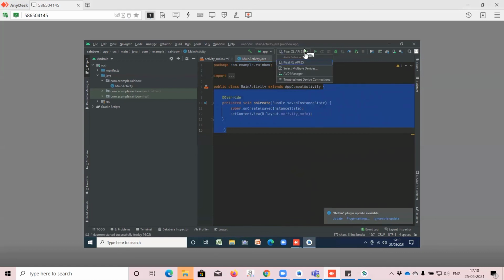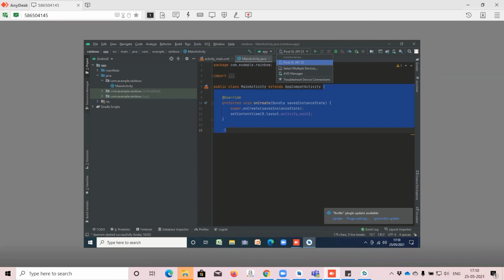Can you please check whether your USB debugging is switched on or not? Let me show you that. You have to go to the developer option.